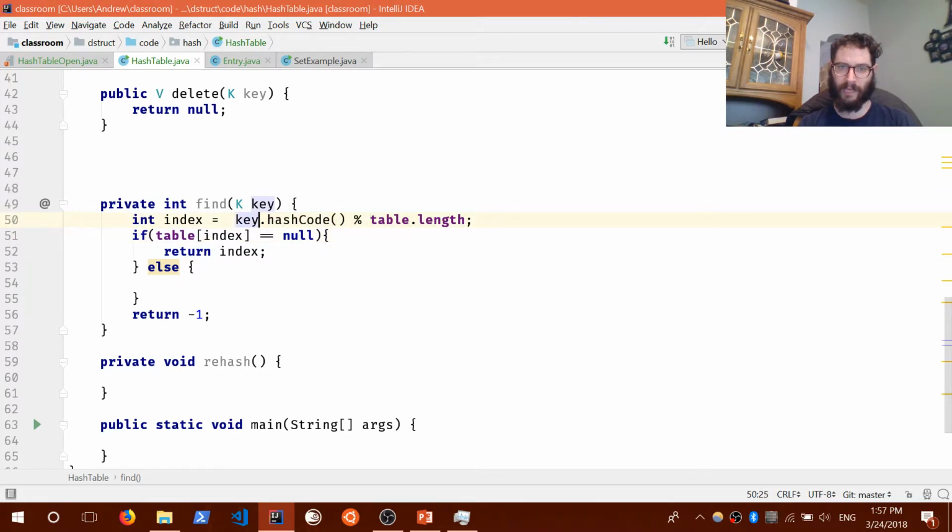So take the key, turn it into an integer, mod the table length. Okay, that gives me an index that isn't necessarily unique, but if nobody's claimed that index yet, I'm going to claim it. That's where we're going to find it. Otherwise, if it's claimed already, well,